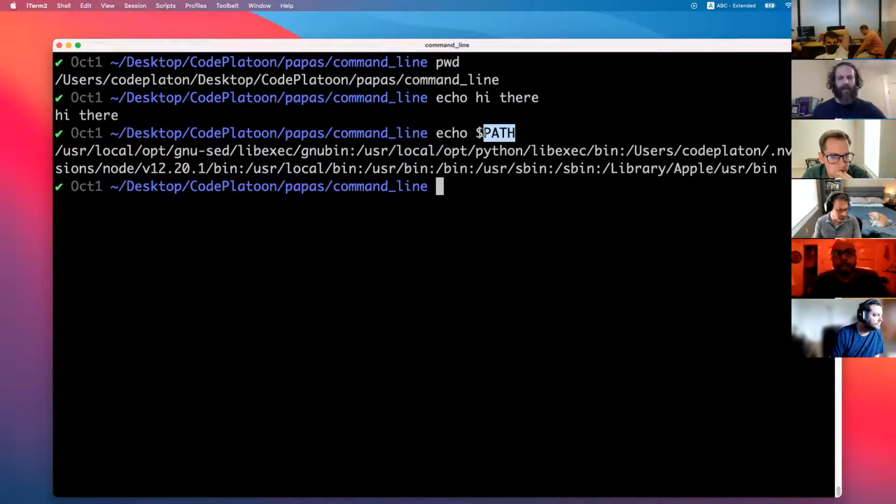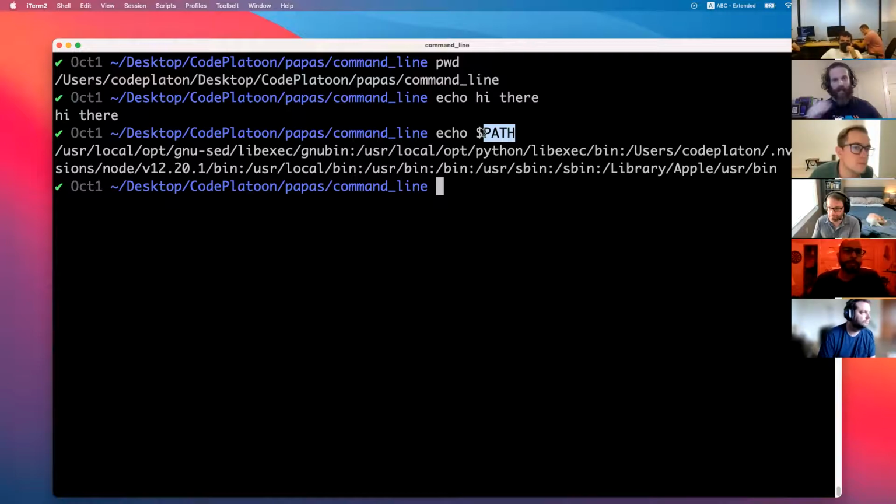It holds all the directories that your command line will look in to find programs to execute. Say you type echo, it first needs to look at where in the path to find the echo command. Well, except echo is different because it's actually part of the system, so it won't have to go through the path to look for echo. But say another command like node, which we'll be using, it needs to look through the path to find where node is located, what directory it's in, and if the node directory isn't in that path, it can't find it.